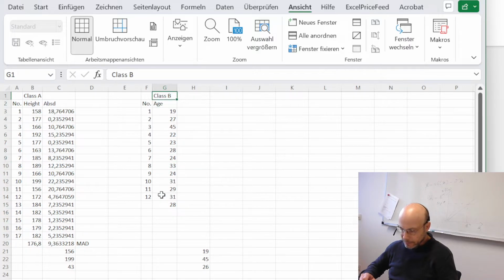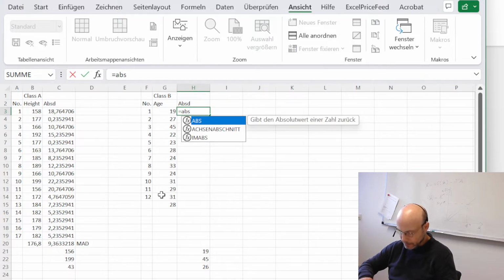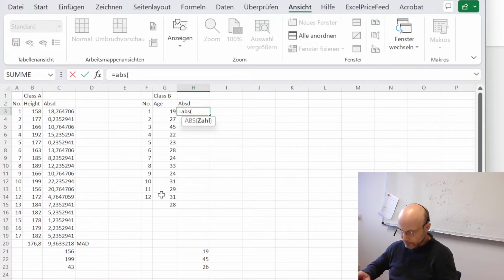Then we want to have the absolute deviation. So ABS of this number minus this number, and